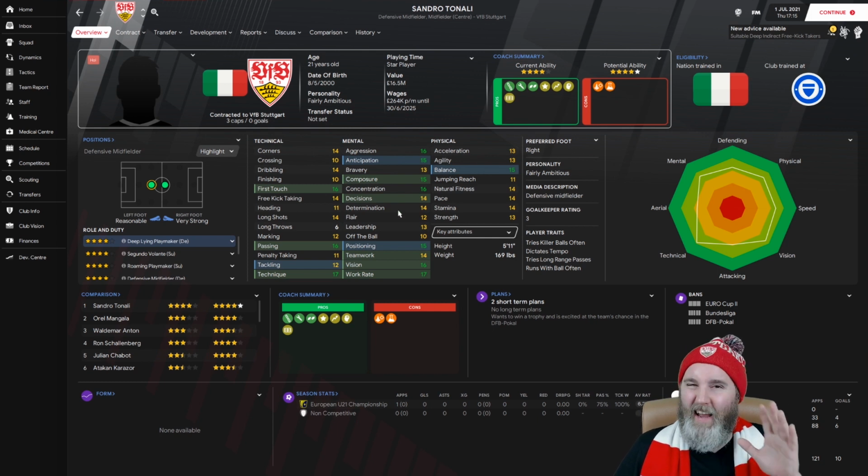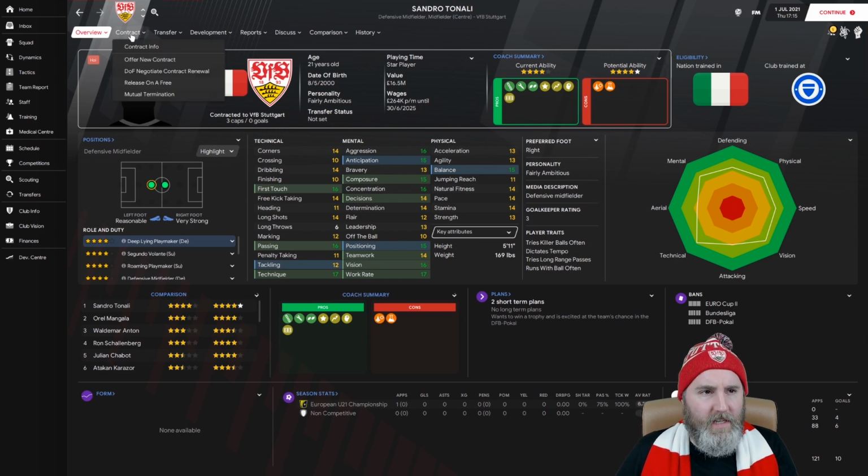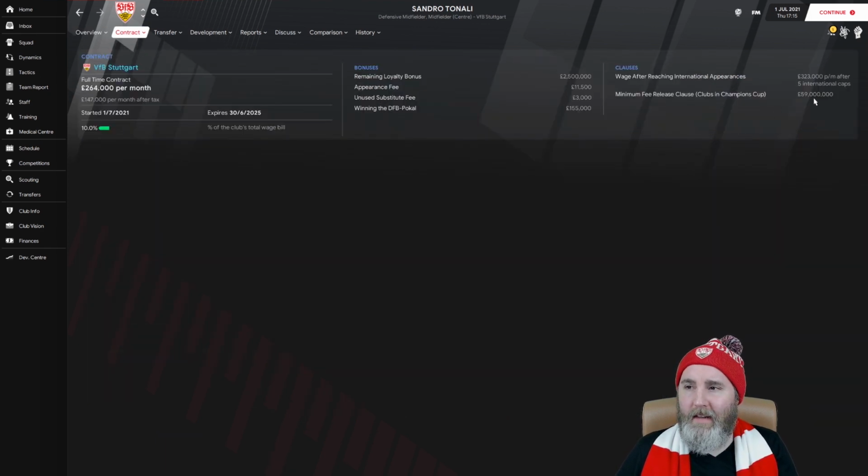And I had to put in, let me tell you that, a minimum fee release clause, of course. Can I see that here? Yes. Of 59 million. That was the maximum I could choose there. I don't really mind, because if